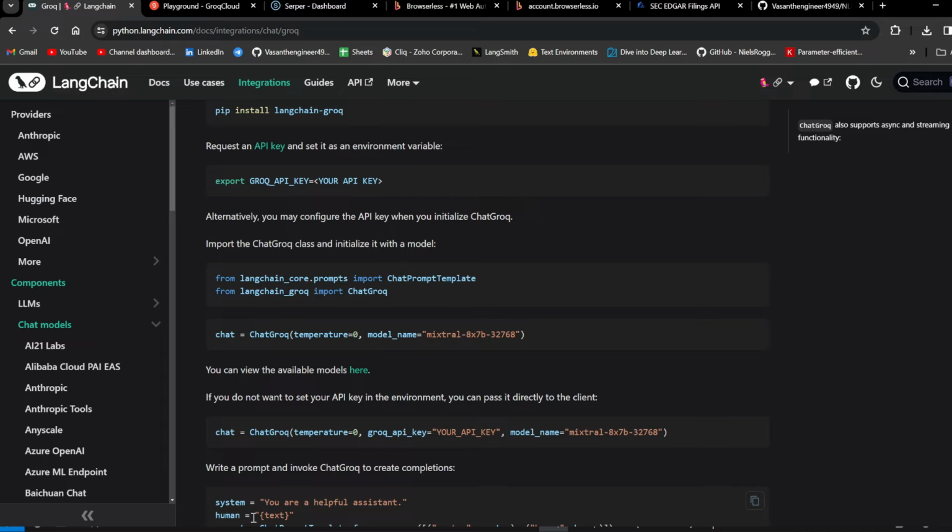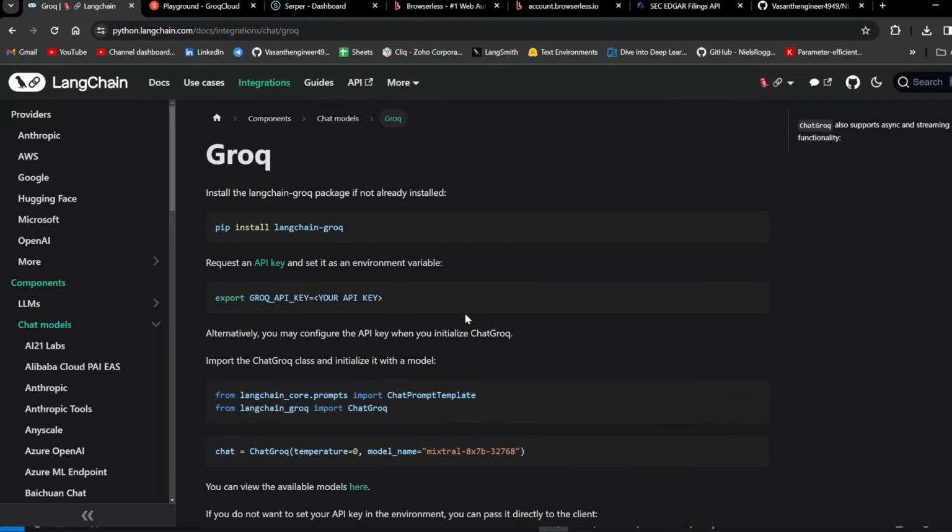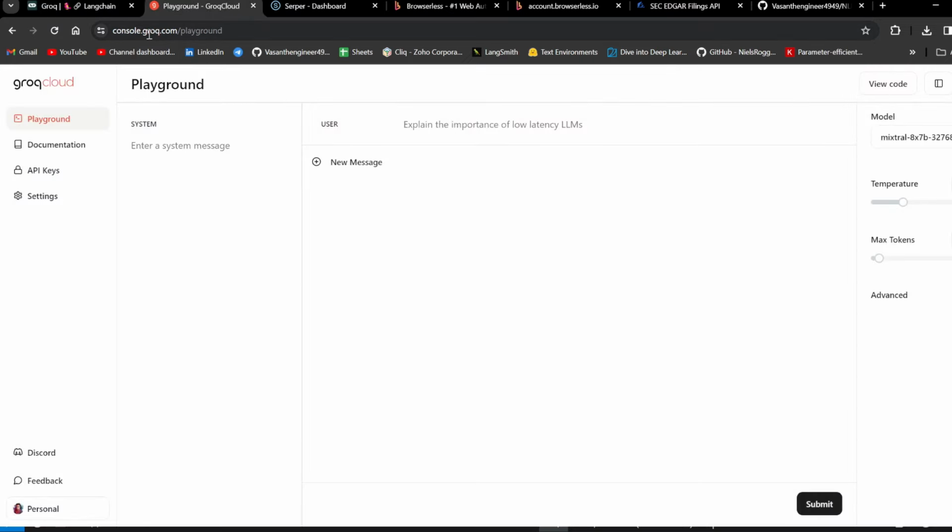Okay. So it offers the best of all the worlds. It is free. It offers close to GPT-4 level performance. It is the fastest right now. So for this, all you need to do is create an account in Groq and then move on to this website,